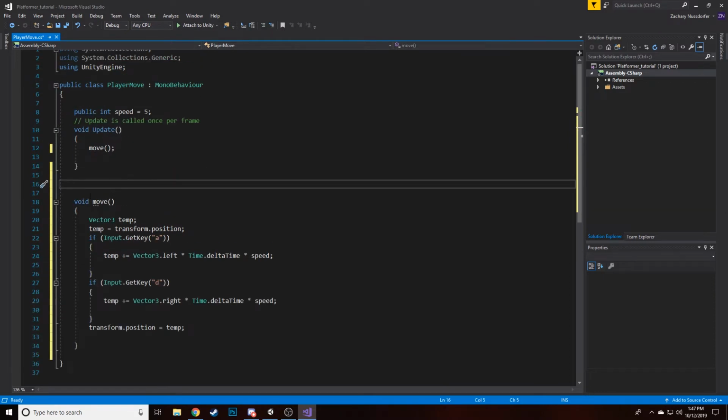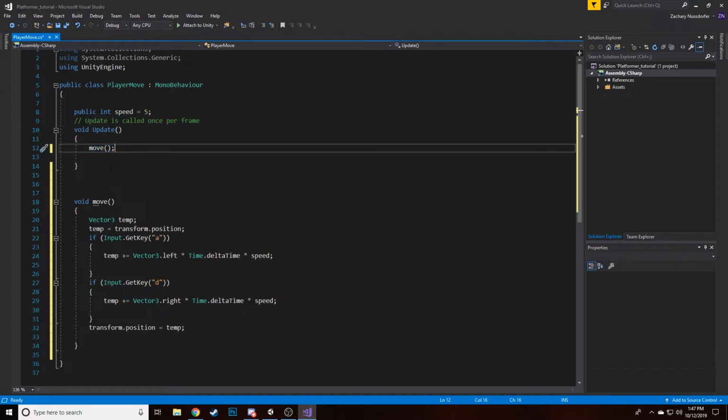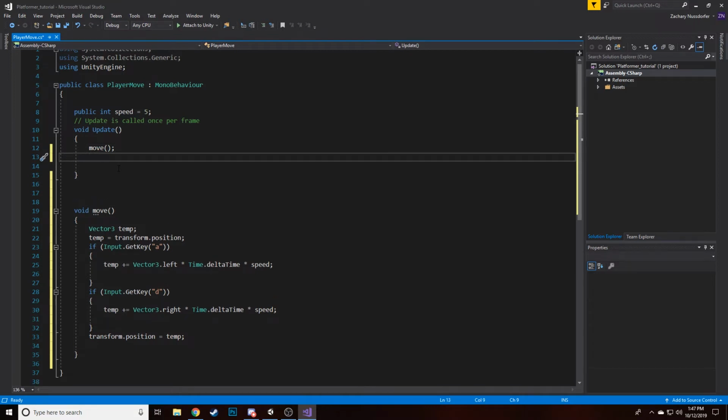This is good for organization because now it has taken all of these lines of code outside of my Update function and has replaced it with a Move function that does the same exact thing. So now we have more space to work on our jump function. The first thing we are going to need in our jump function is an if statement, similar to these ones, because we need to get our jump key set. So we're going to say if